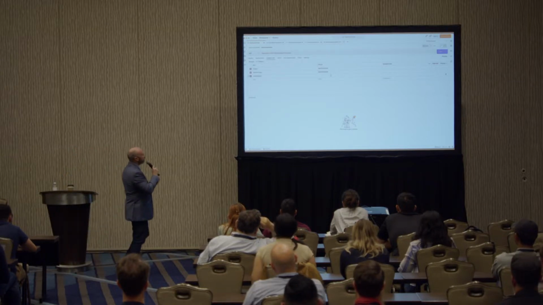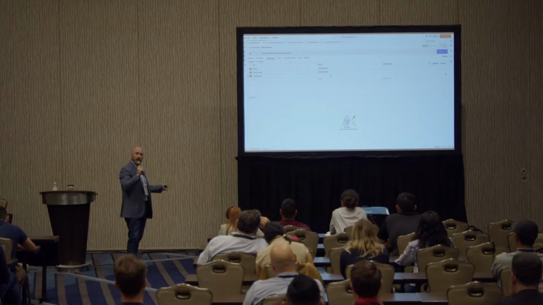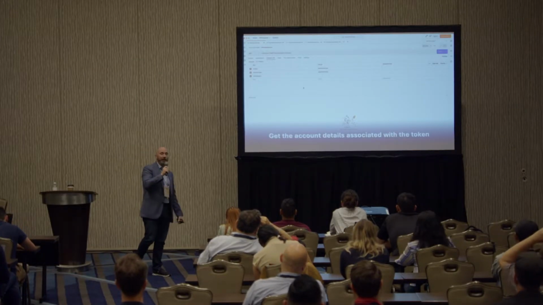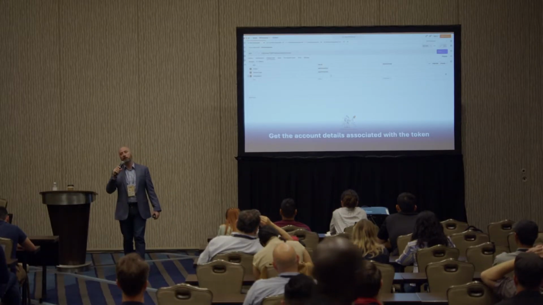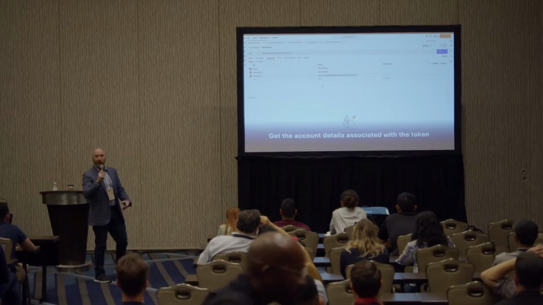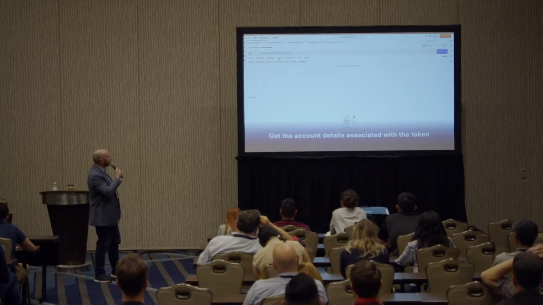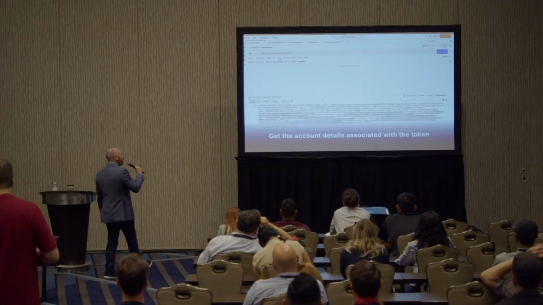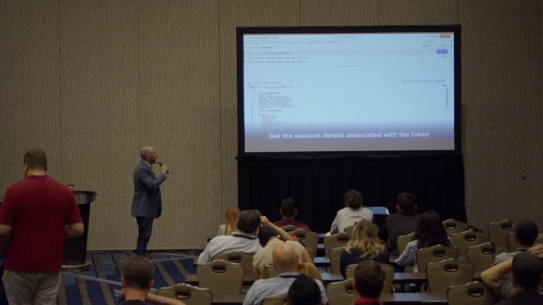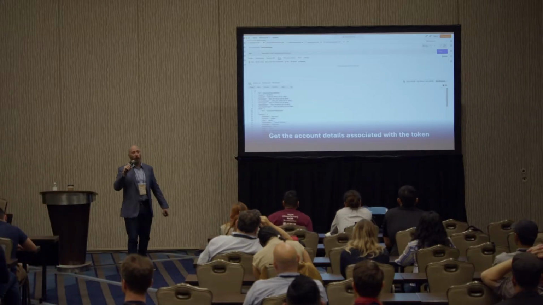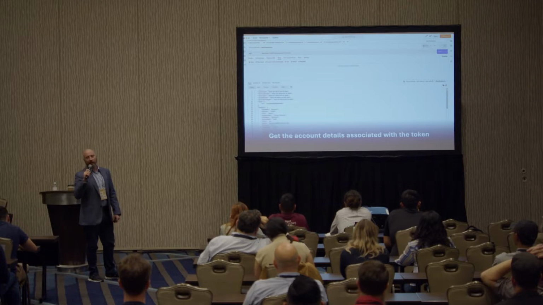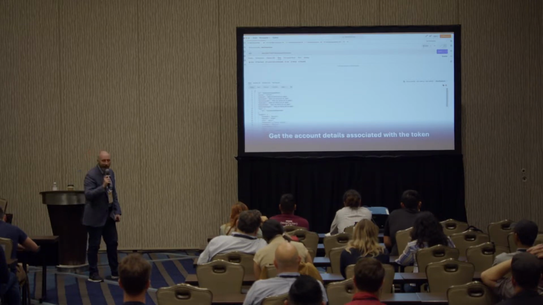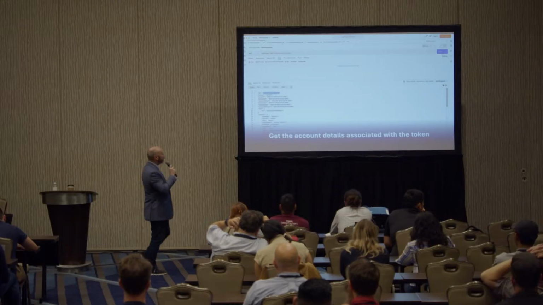So what I've done is I've used Postman and I've called the API for this organization's Okta instance. And what I can see here is that this is a valid token, and I'm going to get the account details for it. It's a very simple API call, and I'm just going to copy and paste the token in. Basically, I'm programmatically going to Okta and saying, hey, Okta, what is this authentication token? What is the account that is associated with it? Well, you can see it's an active account. Jerome Boynton, I don't know why we made it, in this case, such a hard name to pronounce, but his name is Jerome. He's an admin. Yay for me. I now have the credentials in Okta of an admin.